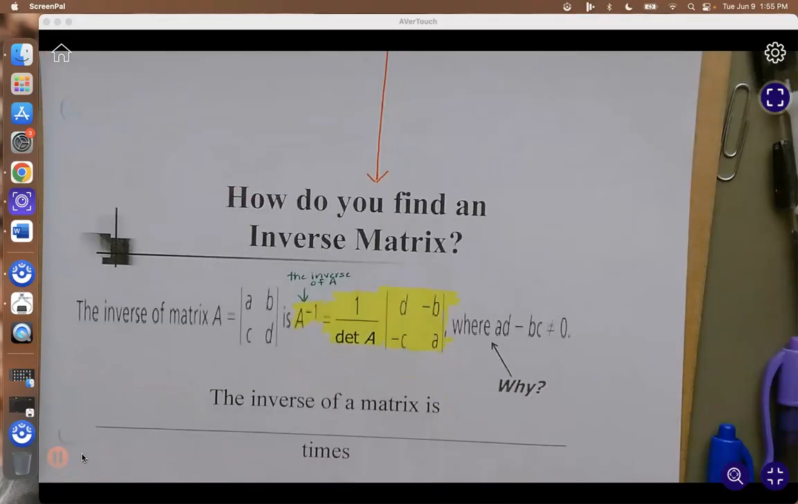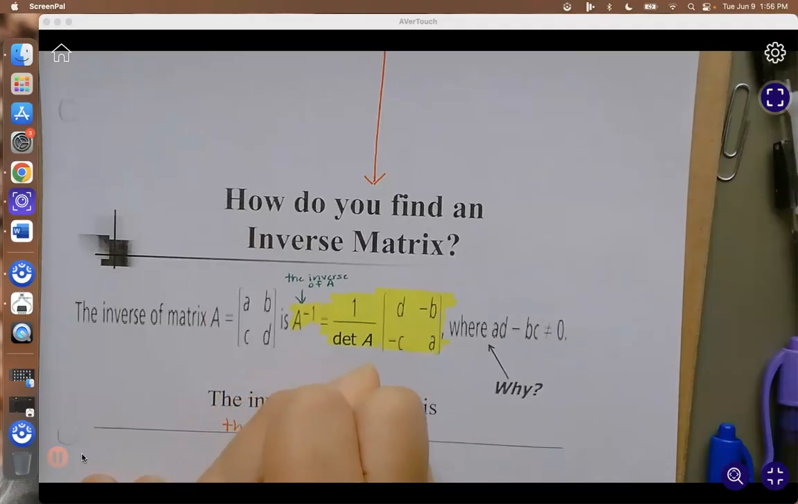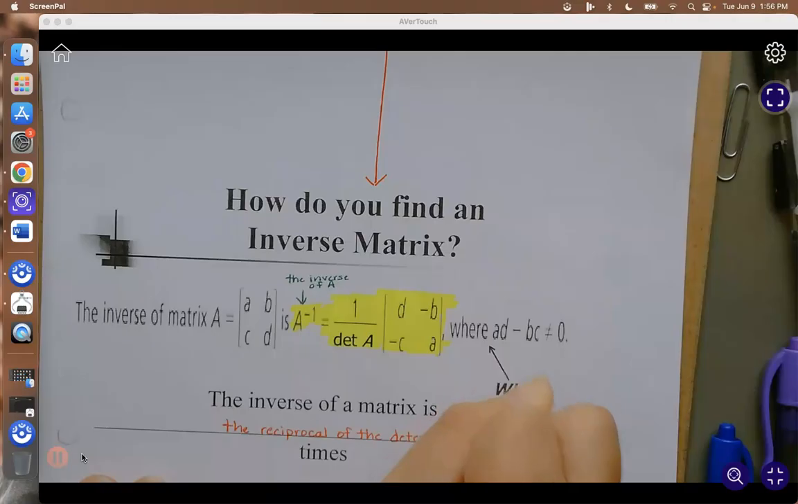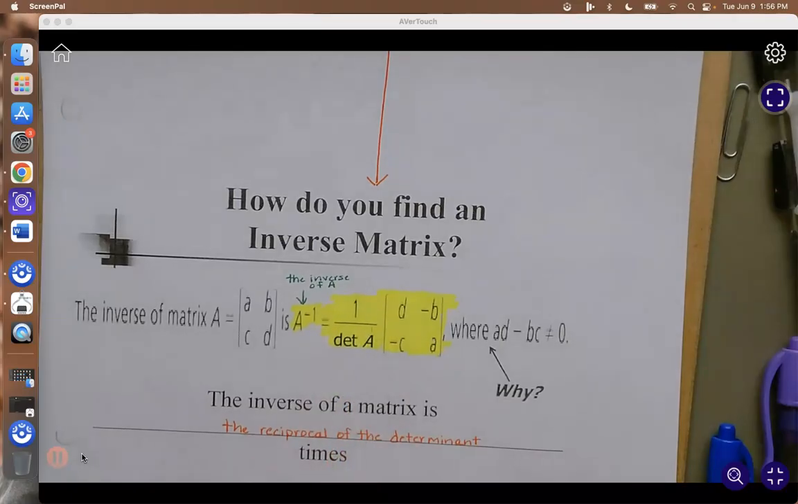So the inverse of a matrix is the reciprocal of the determinant. That's what the 1 over means. Okay, so if you get 2 for the determinant, this number is going to be 1/2. Okay, if you get 1/4, then the number right here is going to become 4. That's going to be your scalar. Okay, times